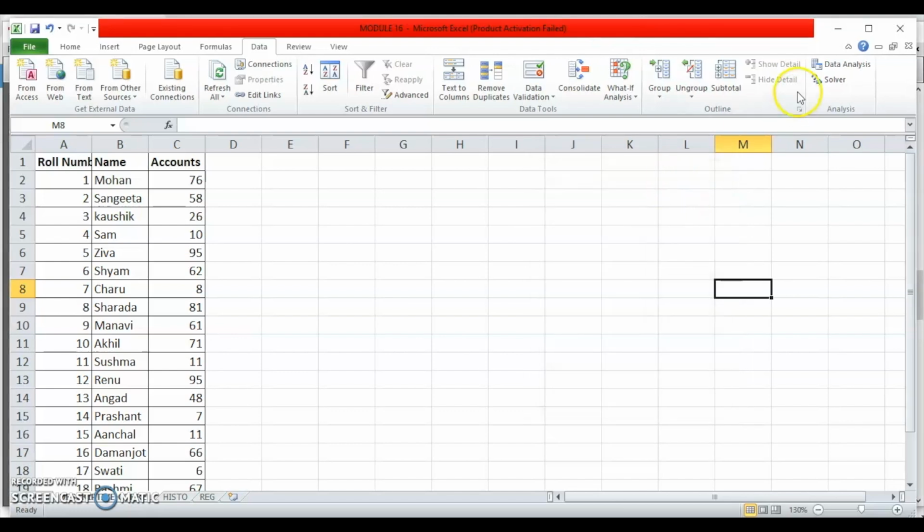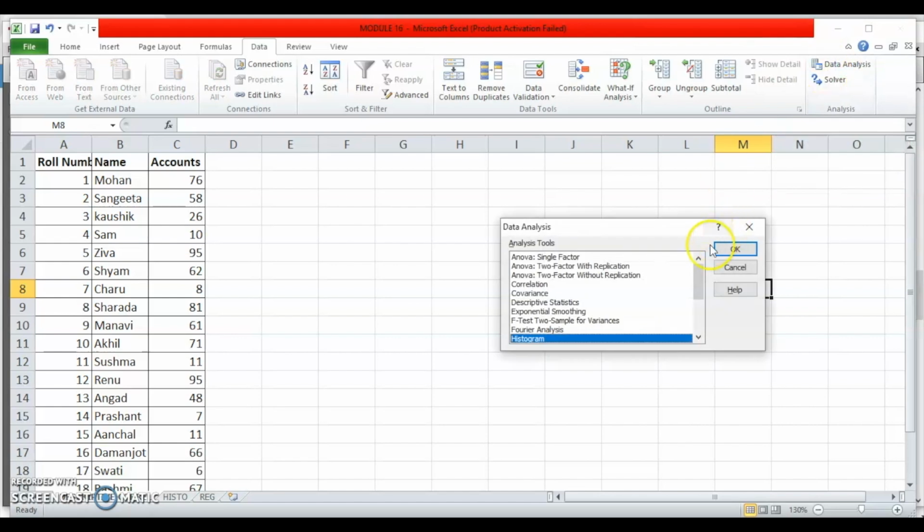When we do that, the Data Analysis Tool Pack is loaded under the Analysis group of commands in the Data tab. So if I want to access this, I will just click on the Data tab and then click on Data Analysis under the Analysis group of commands. I will just show you what all tools are there under data analysis. As soon as I click on this, it asks me which tool I want to use and a number of options are given for analysis.